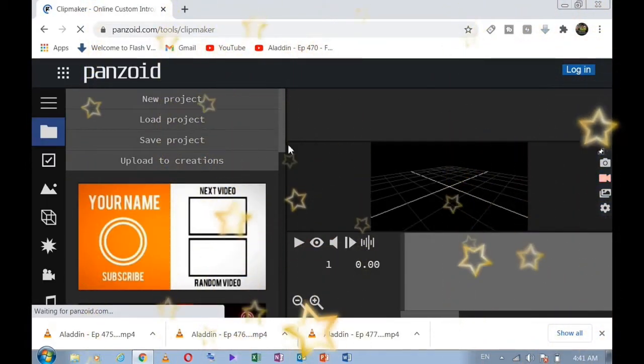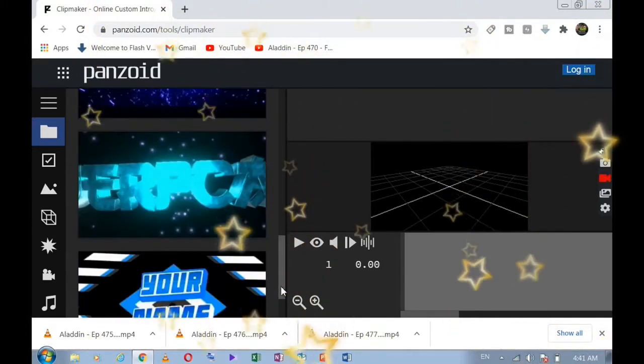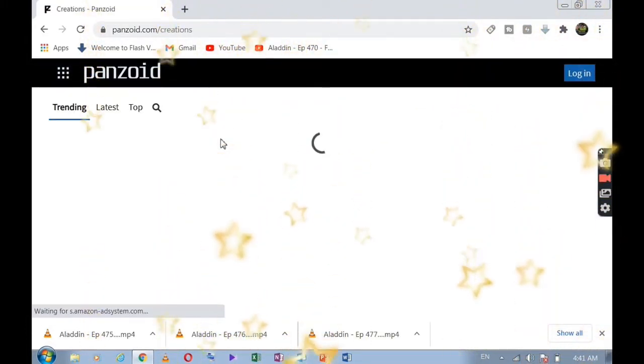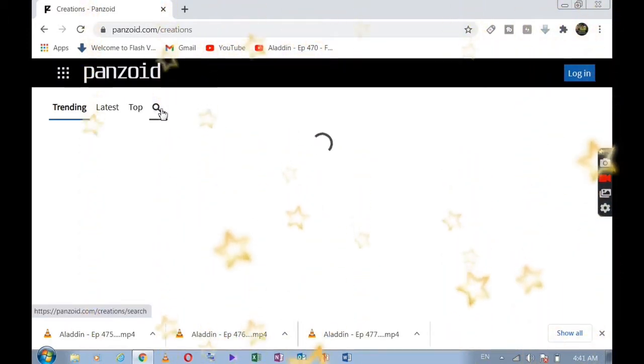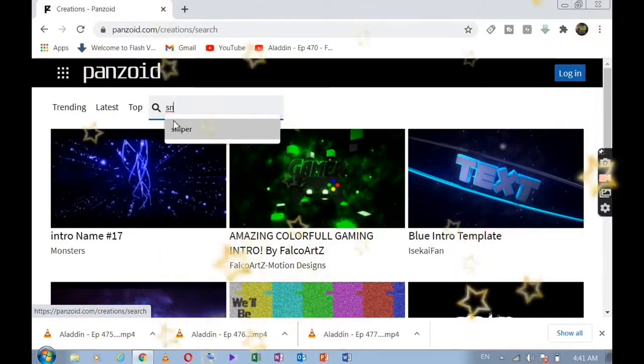Then you have to drag down, and here will be an option you will see, more creations. Click on more creations and then you will see a search for sniper. I search sniper